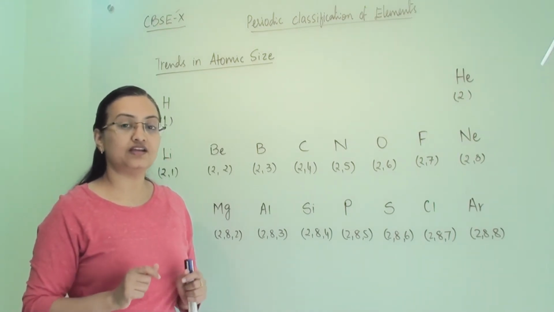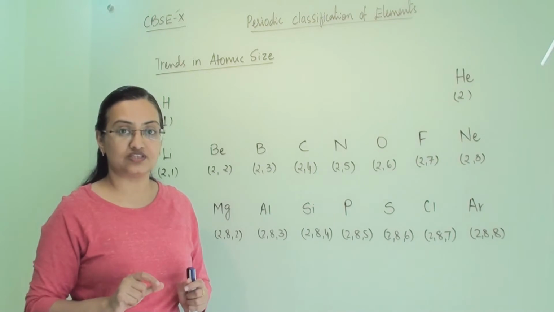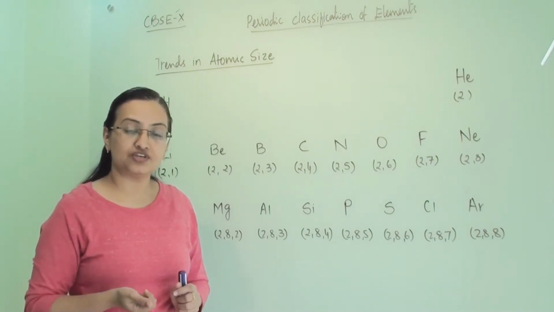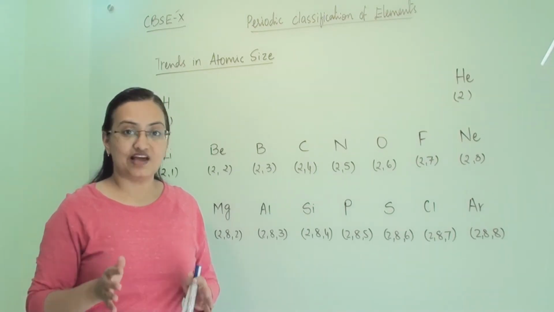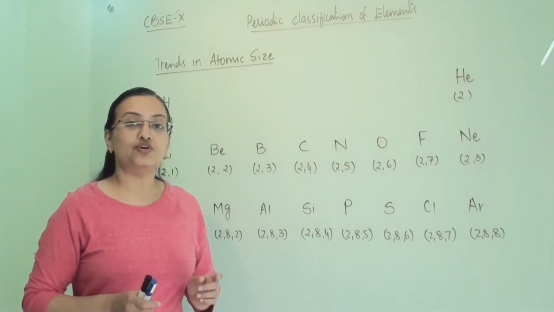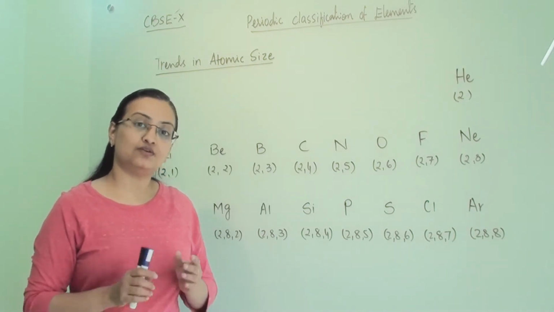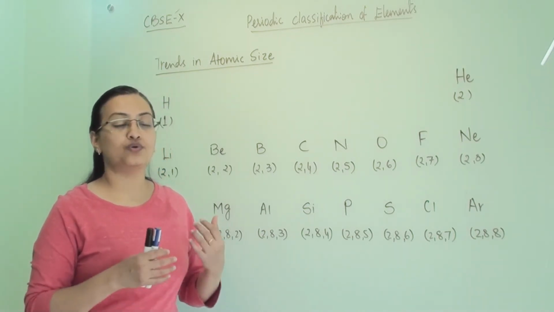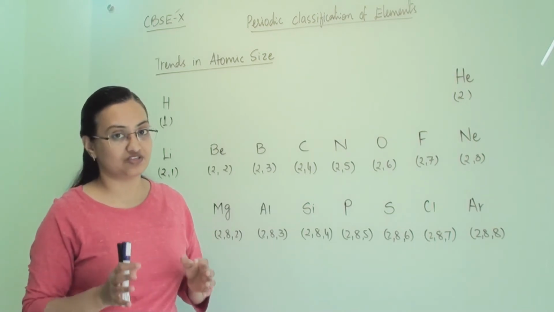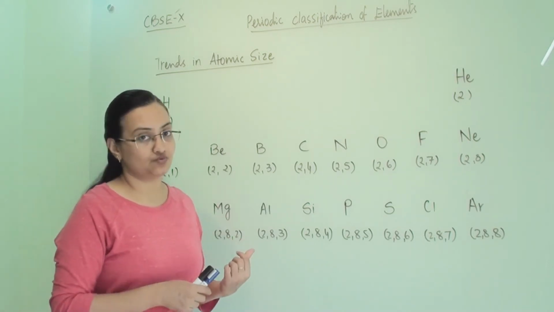If you have any doubt regarding any of this concept, then please check my previous videos based on valency and combining capacity, and the video about the modern periodic table. Then only you will get to know how we have arranged elements in a specific way. Then come back to this video.